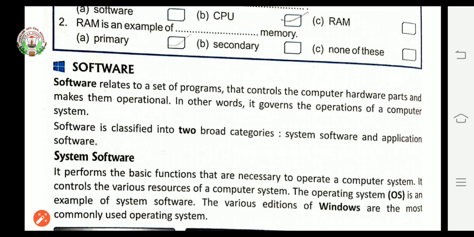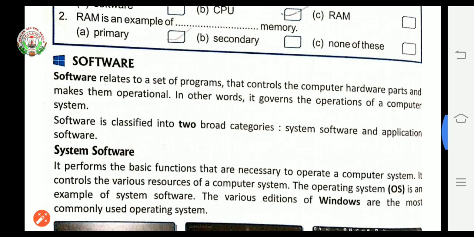All these devices are controlled by the software, and it is the software that makes all this hardware ready for use.